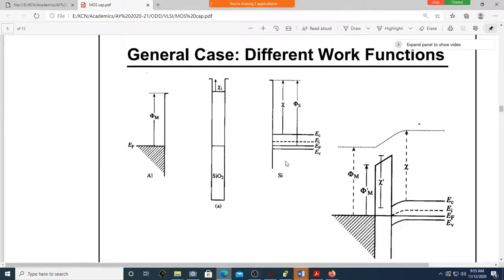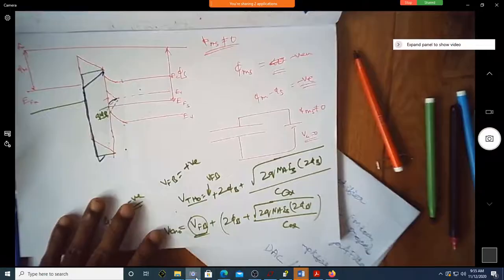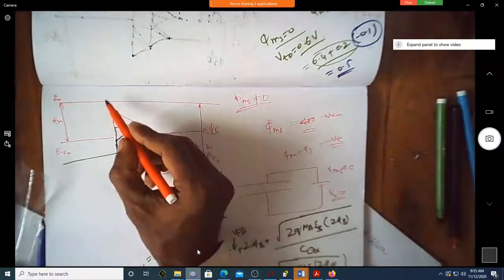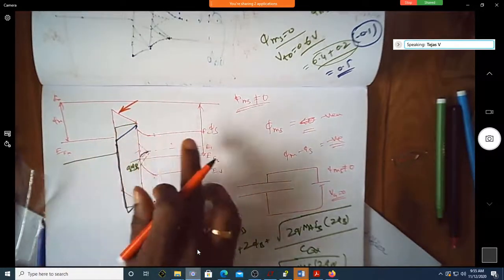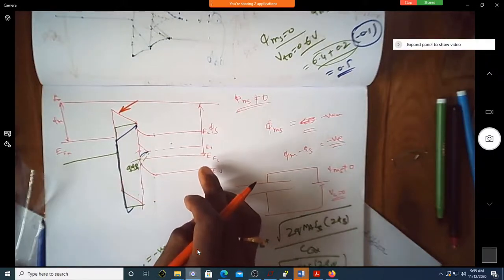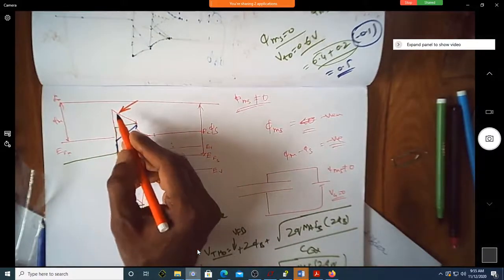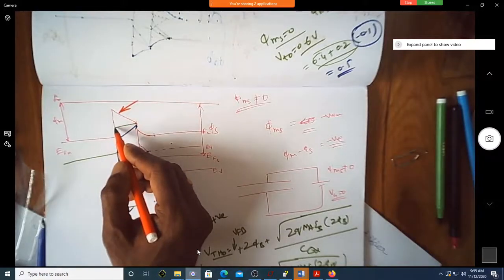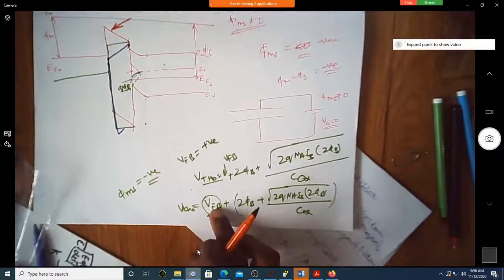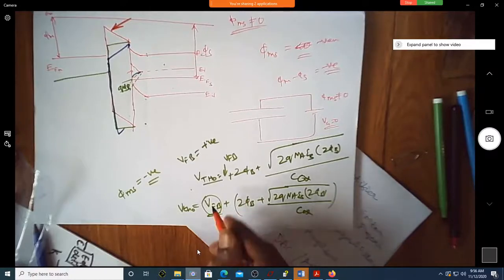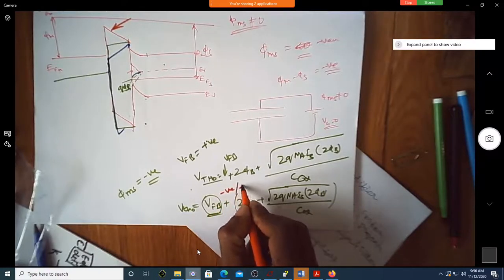If it is the other case, more voltage, if VFB is positive. So as we discussed over here, where is that? If I come here, see the red one. The red one is your phi ms, already negative. So you are supposed to apply first, you have to bring it down and then further down. So your VFB will be positive. When VFB is positive, the threshold voltage also increases. So this can be either negative or positive.